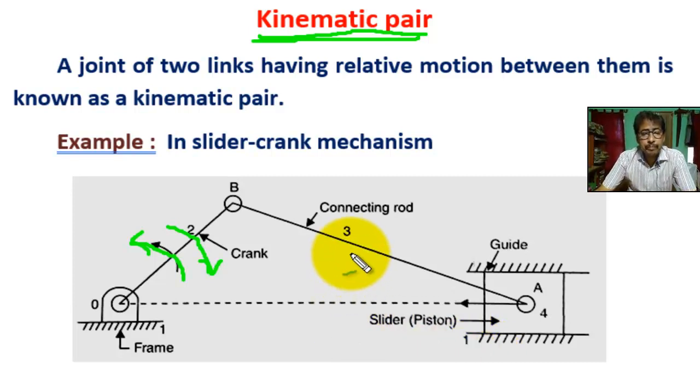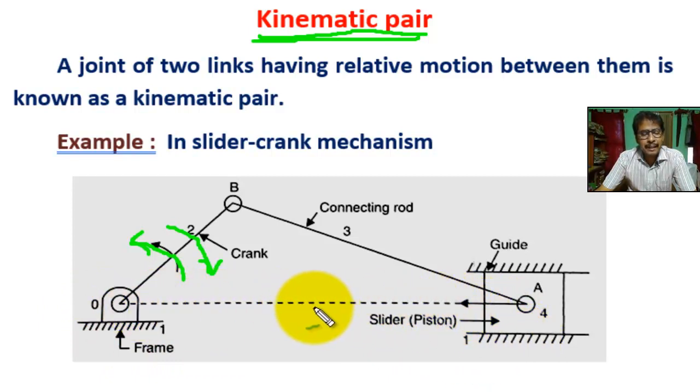Hence 3 and 4, that means connecting rod and slider piston, and 4 means slider piston and fixed link, this frame